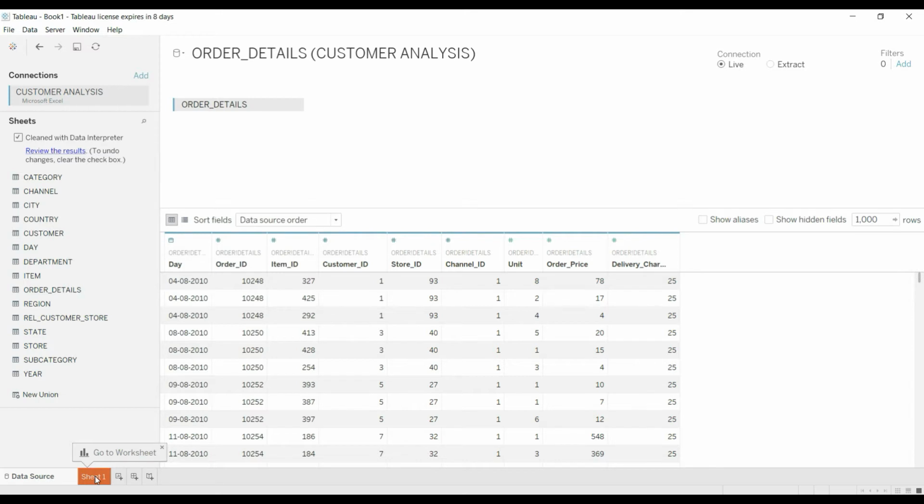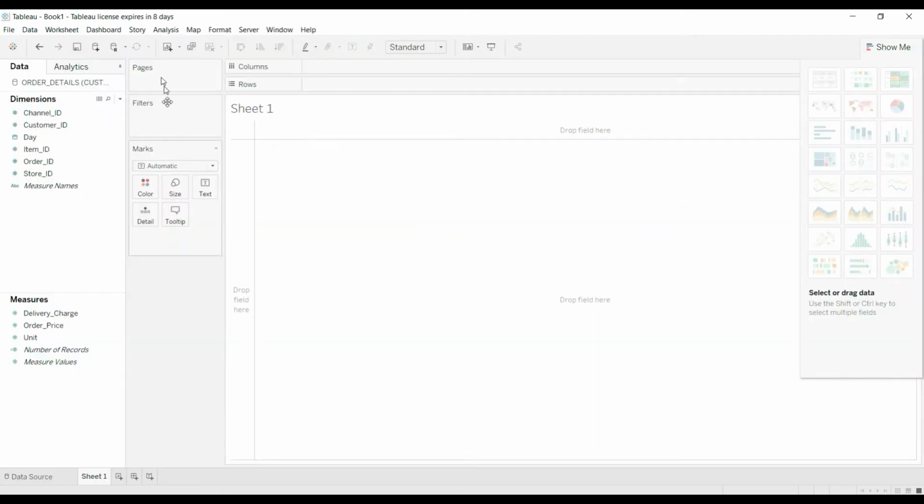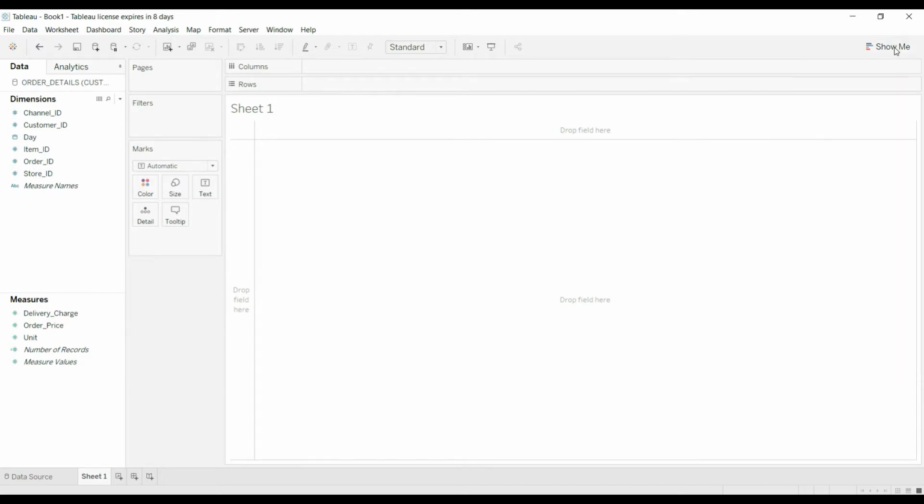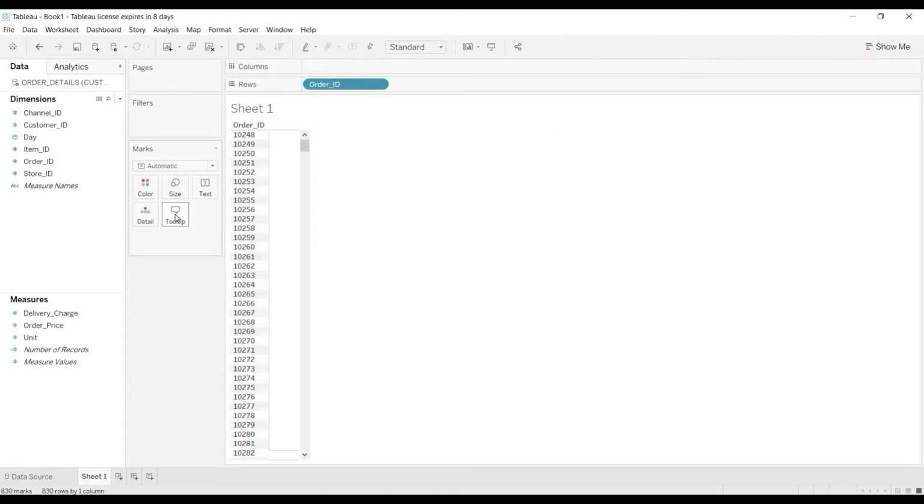So click on sheet 1 here to go to the worksheet. We have all the information, and we have dimensions here, we have measurements here. Just think, you need to understand this is our worksheet, and this is the panel of maps and graphs which will be available in Tableau. So you can click here to hide it for now, and you want to do some visualization using the Excel sheet now. So I'm using order ID for a while. I'm dragging and dropping it to rows here. So it will automatically present like this.